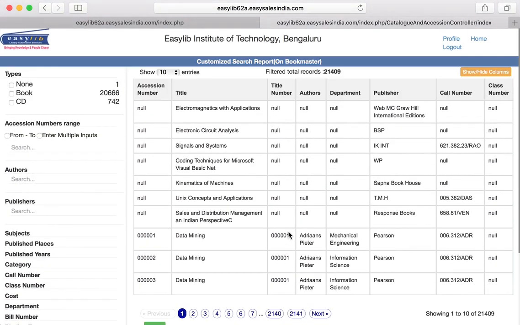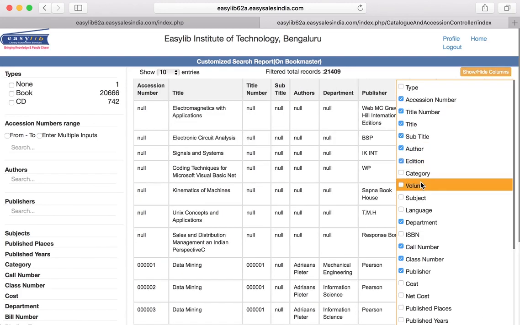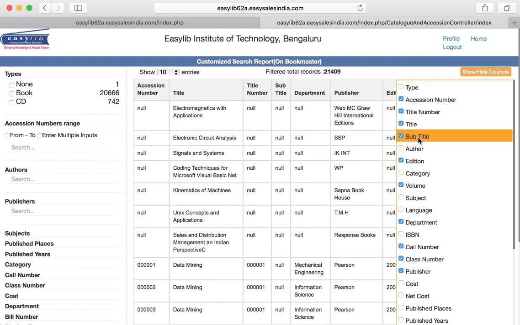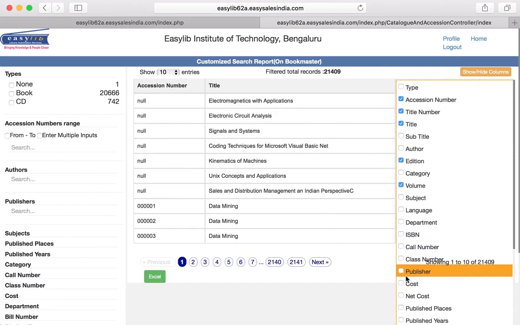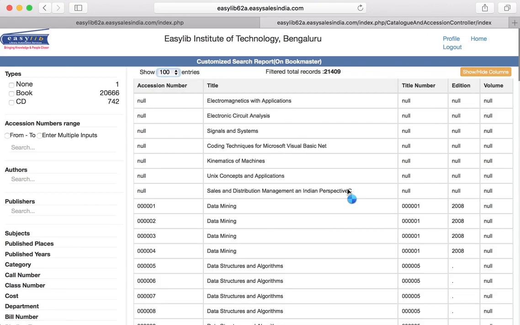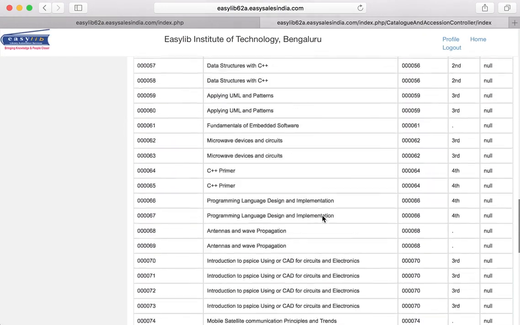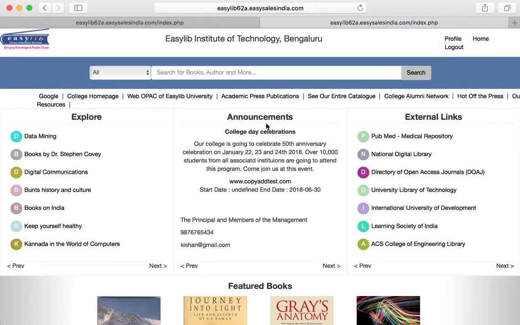I can filter the contents, and I also have the ability to select or deselect some of the fields, so that if I would like to take a quick print of this, I am able to select only the fields that I require and take a printout of this list over here. Here I can get 100 items or 10 items, 20, however many you would like, until you narrow down to the search that you want to perform.